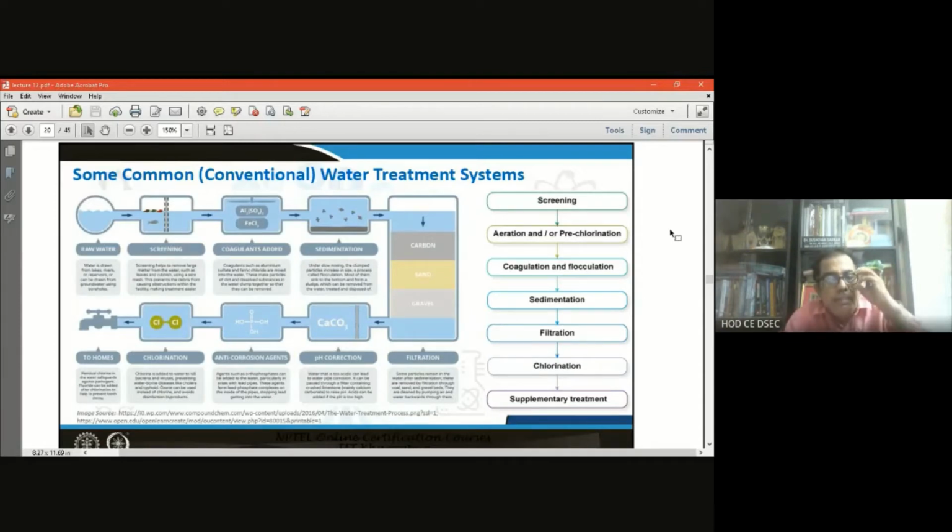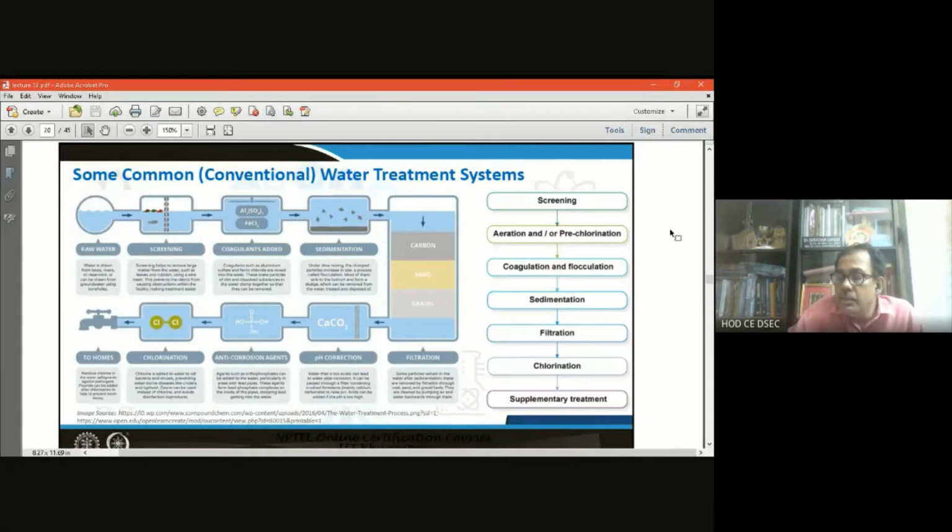Now in the treatment plant, the first unit, that is the preliminary unit, we are calling screening. What is screening? Screening means there are bar systems, bars or rods. The screening operation actually helps to remove the large matter from the water, such as leaves,